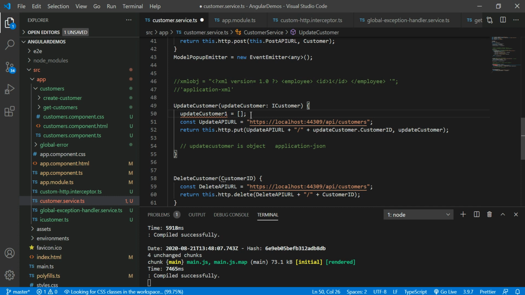I'm trying to pass one array here. Because this is empty, I know this will definitely give an error. I should pass an object, but instead of passing an object, I'm passing an array.